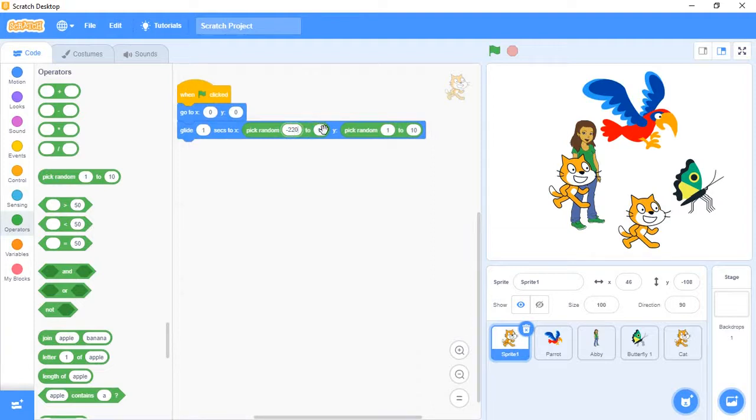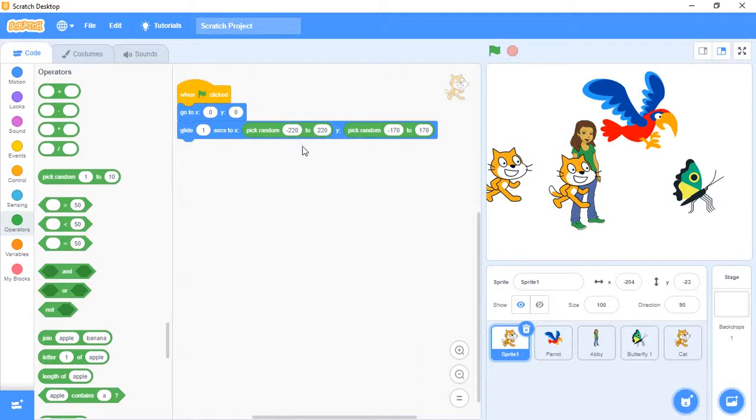So 0, 0, minus 170, 170. So here, see here, this is the x coordinates.